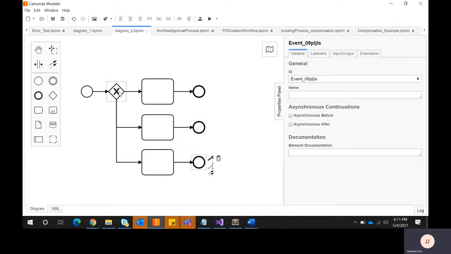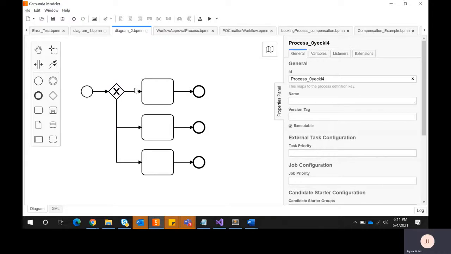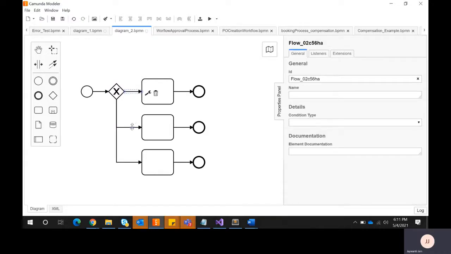What happens if we use an exclusive gateway? Only one path will be taken. Either it will go this path, or this, or this. It will not go down more than one path. Either one path will be taken and it will end the process. That is the main purpose of